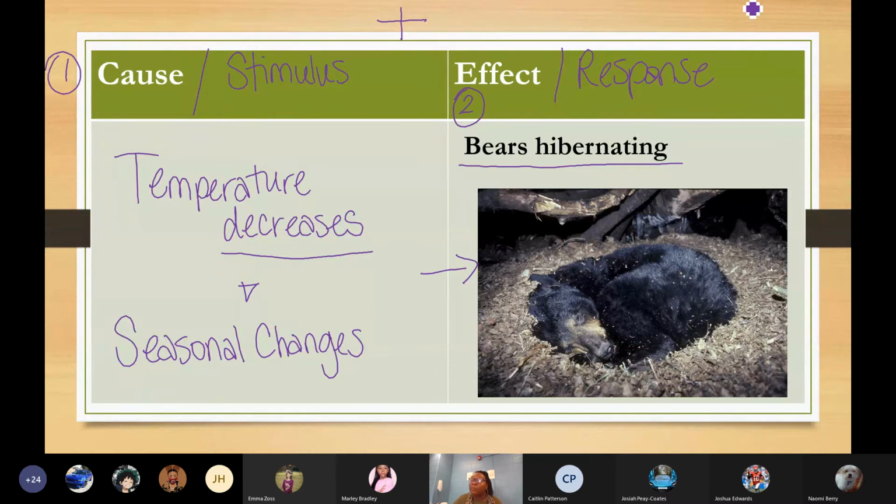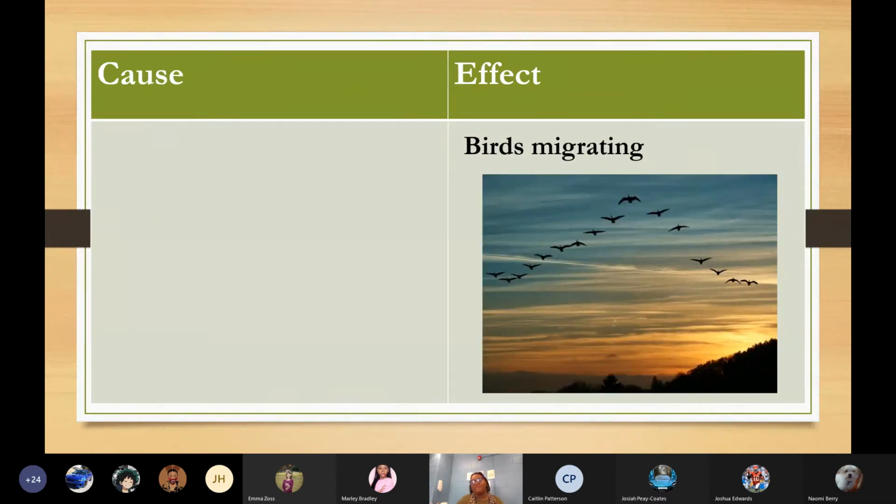So let's keep it moving. Remember, if Miss Neville's going too fast for you, this lesson is being recorded. So our last cause and effect table that we're going to be making here is the same thing, but I want us to make sure we're thinking about how organisms respond to stimuli, okay? So we want to draw our last cause and effect table today. It could just be a simple T-chart. Beside the word cause, we're writing stimulus. And beside the word effect, we're writing the word response.